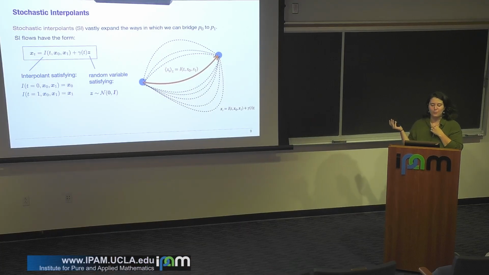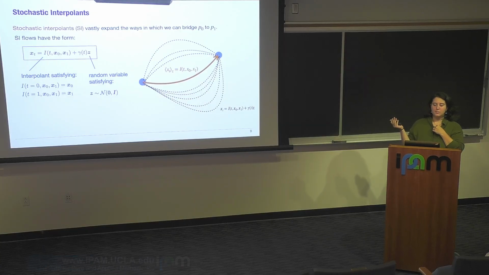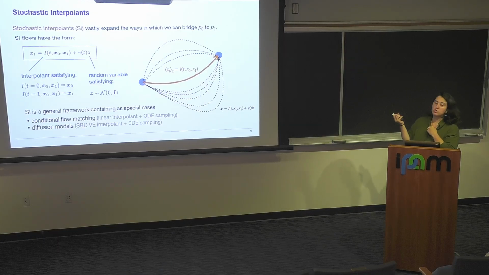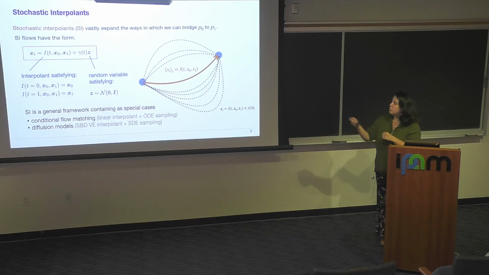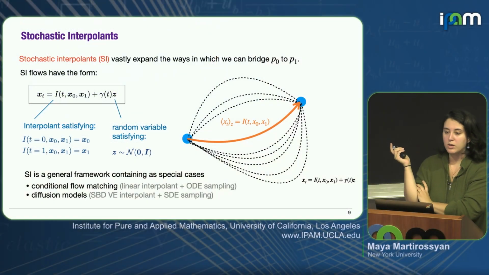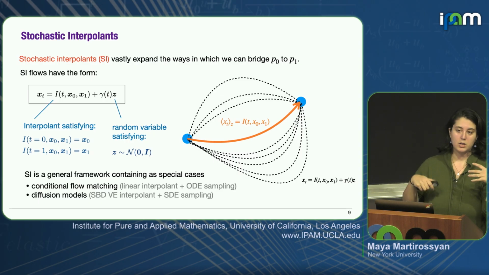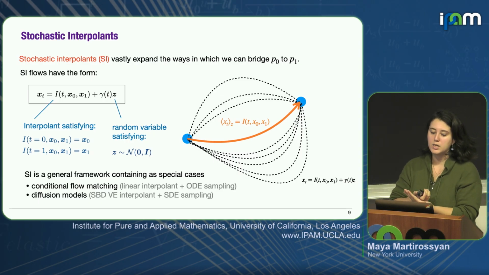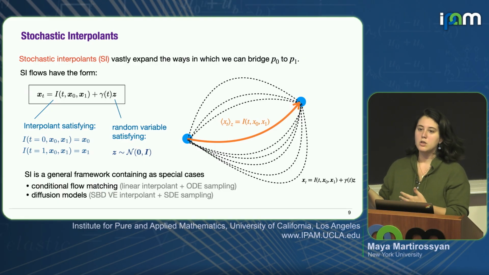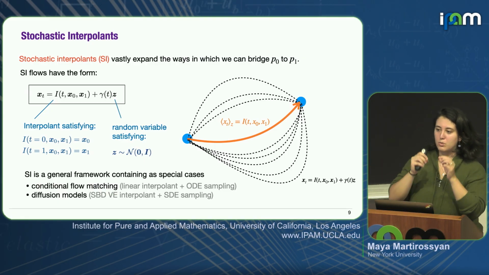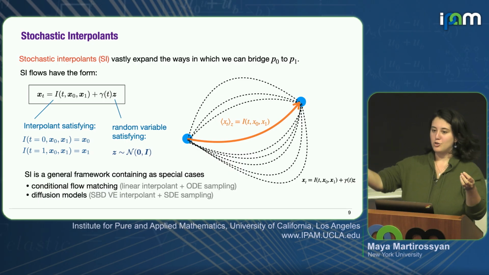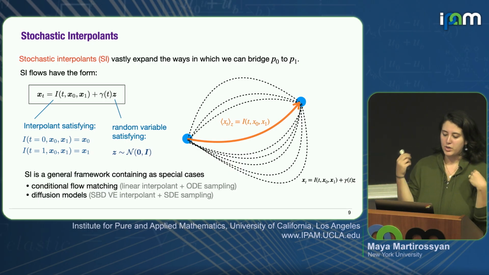The linear interpolants do work quite well. But diffusion models, for example, don't use linear interpolants at all. They use a completely different functional form. They also don't use an ODE. They use an SDE for sampling, so they add noise. The cool thing about this framework is that it's so general that it encompasses two very popular kinds of models in generative AI. One is called conditional flow matching, which is exactly the example I showed earlier, where we draw a line and do that kind of interpolation between samples.